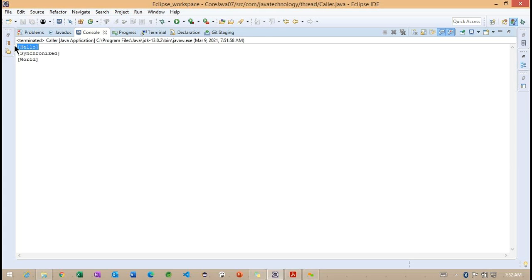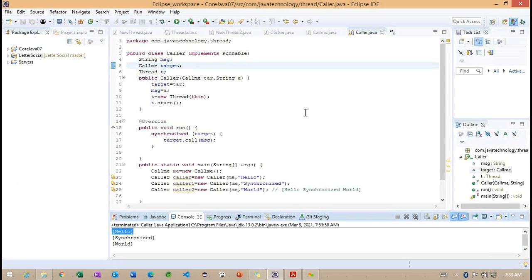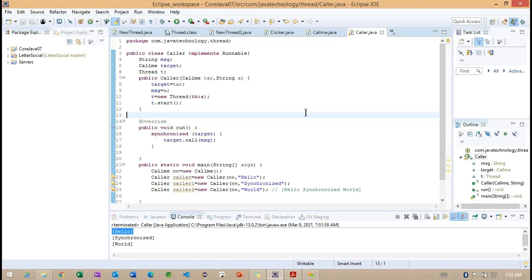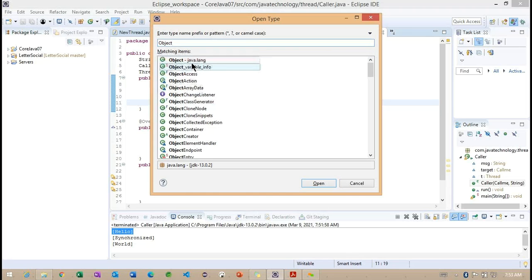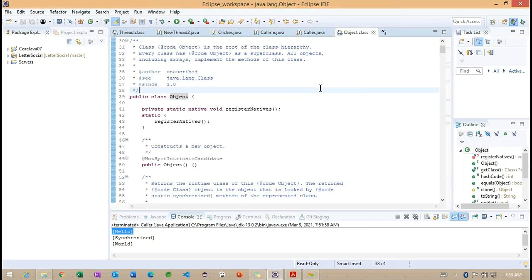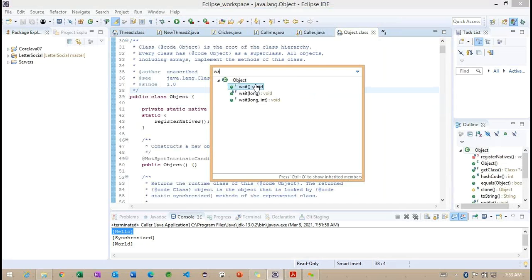When we are working in a multi-threaded environment, that is known as multi-threaded programming, right? After this, how is inter-thread communication going to be performed? To understand inter-thread communication, I explained one day that we have 3 methods to discuss in the multi-thread environment. Inside the Object class, we have a method called wait.